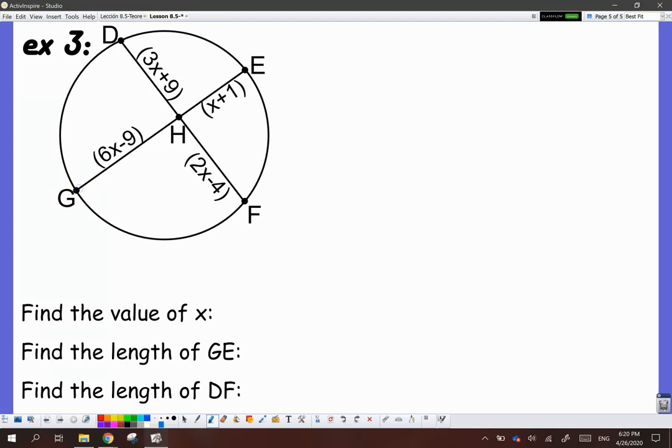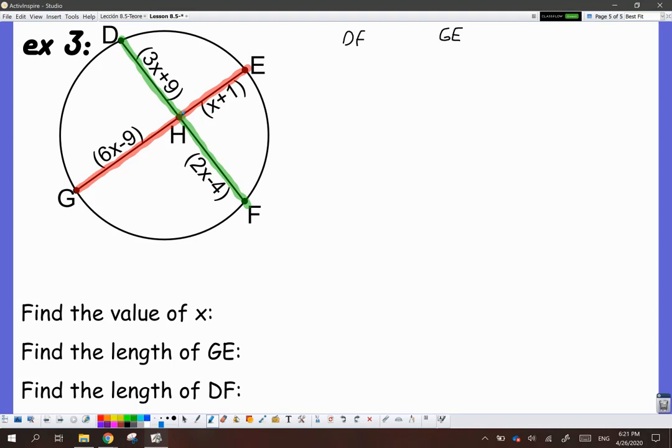First, we still need to identify our chords. So let's highlight the chords in colors. We have GE in red, and we have DF in green. Next, we're going to need the parts of each chord, and we know we're going to be multiplying them together. So I know I have DF, and I know I'm going to have GE. So let's start with DF,